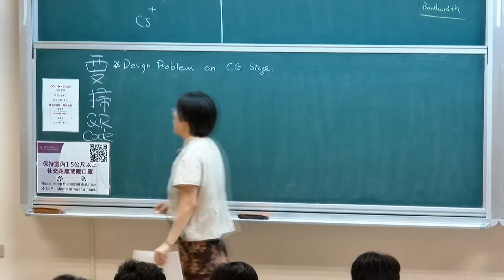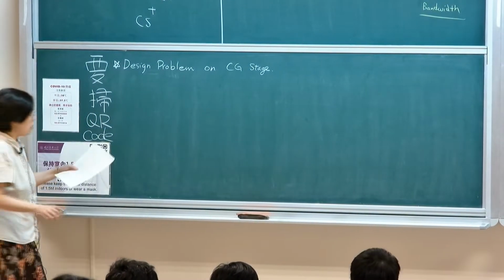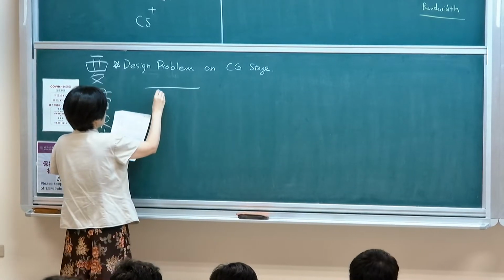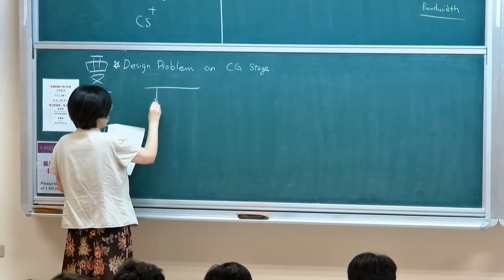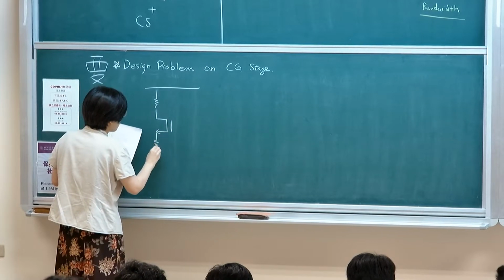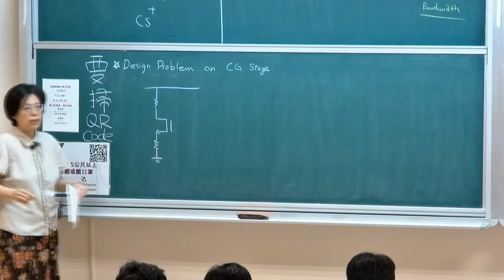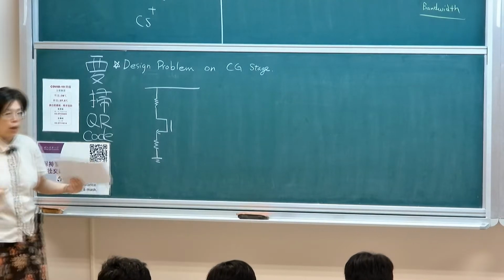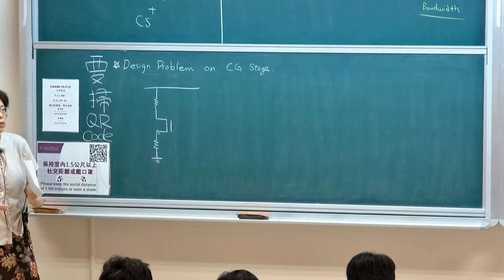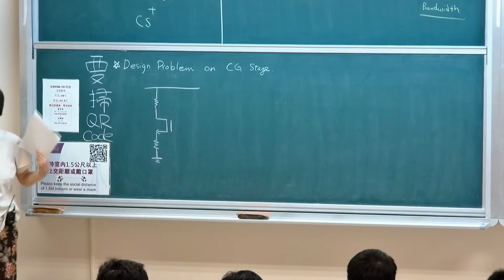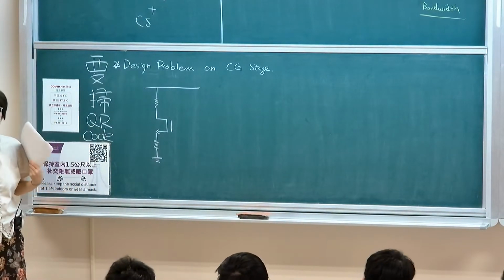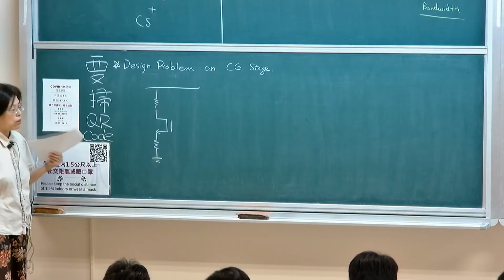Let's come back to single-stage amplifier, a common gate stage. Let's say I give you a common gate amplifier, looks something like this. As I said, there are 2 types of problems. One is that I give you all the parameters, you calculate what happened to the circuit. That's a basic, straightforward circuit analysis problem. Circuit is given with all the parameters given, and you find its input-output resistance, its overall gain, and its biasing condition, that sort of thing.